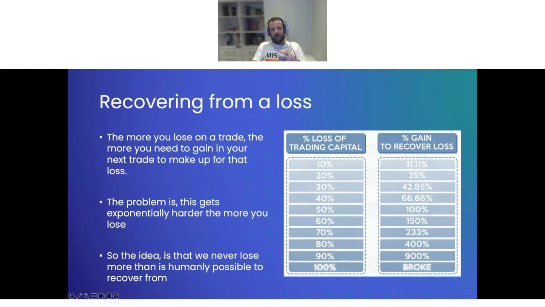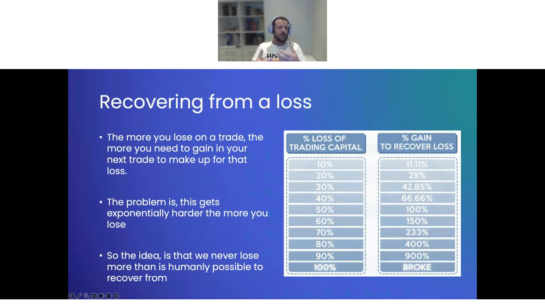And this is quite important to see, because a lot of people don't realize this when they're setting their stop losses, or when they're looking at the price of something and saying, okay, I'm happy if it drops down 5%, or I can take a 10% loss, I can live with that. But when you start to exacerbate that over a number of trades, before you know it, you're down 50% in your portfolio, which means that on the next trade the pressure is on you to make 100% just to break even. And if you drop even further, it just gets worse and worse from there.